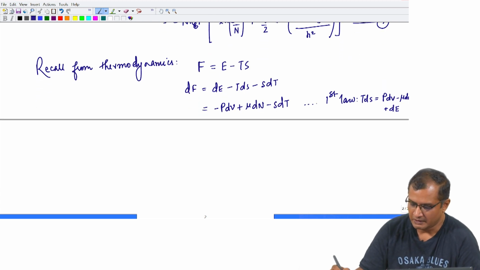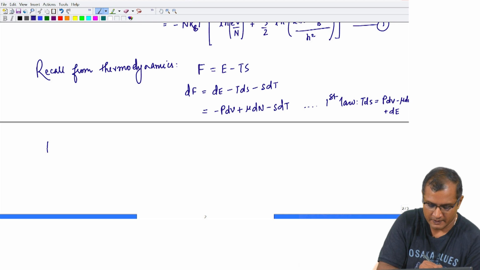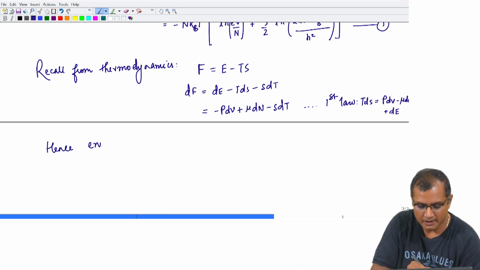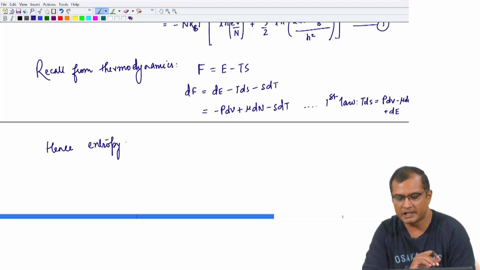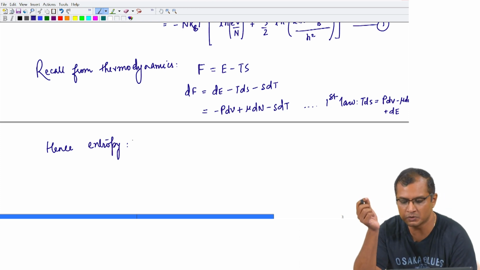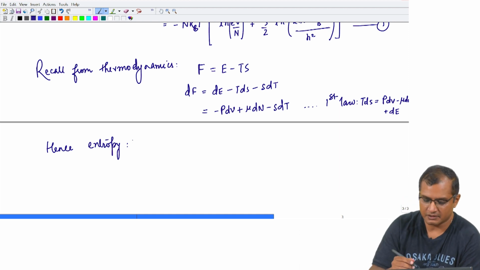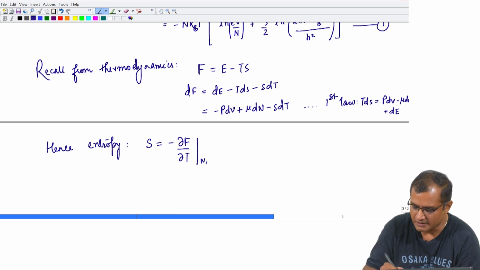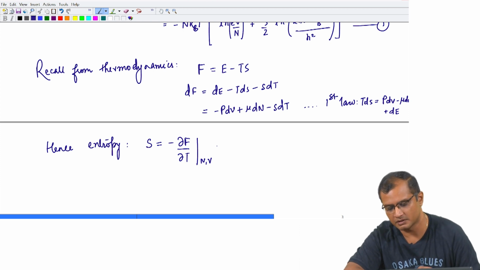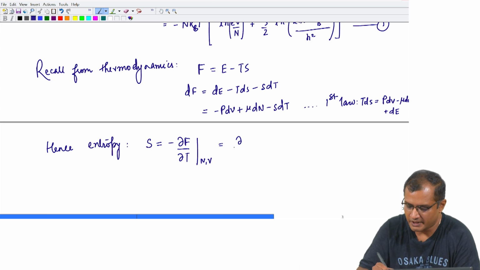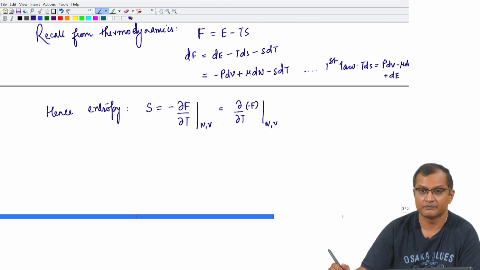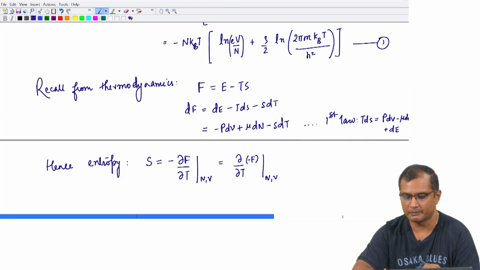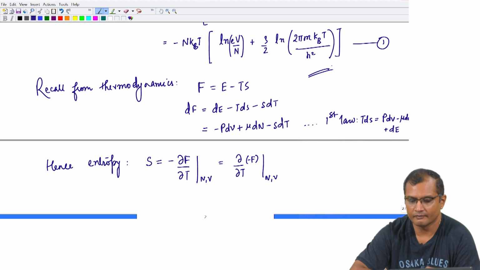Now, I can use this to get an expression for entropy. So, the entropy here is nothing but the partial derivative of free energy with respect to temperature at constant N and V conditions. So, my entropy is nothing but minus dF over dT at constant N V conditions, constant number of particles and constant volume. I can also write this as d by dT of minus F at constant N V conditions. Okay. Now, your expression for F is here, equation 1. Okay. So, this is your free energy F,